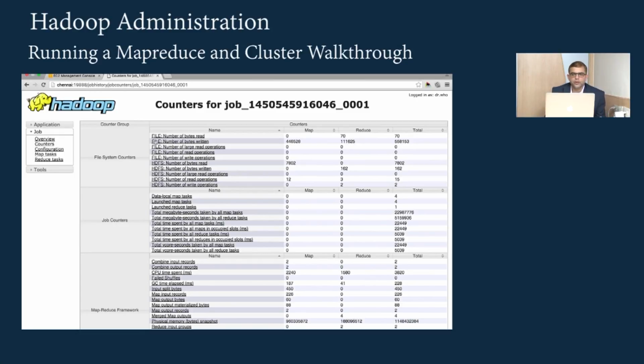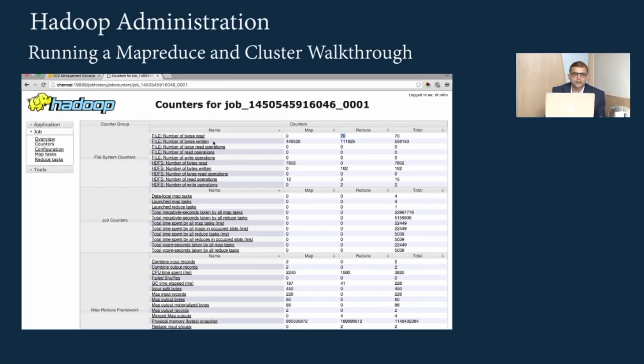So let's look at this. File, number of bytes read. How many bytes were read from the local file system? During map it was 0, during reduce it was 70 bytes. So for this program what we read was 70 bytes during the reduce phase.